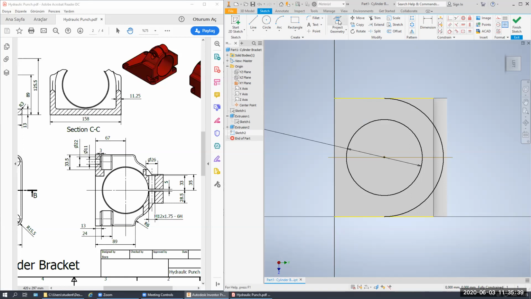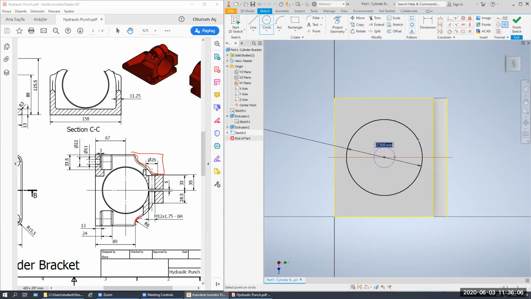The next thing, I will just create the project geometry to just create a closed loop. As you see, we have closed loop here. For here, we have some fillets. I'm not going to define that fillet in this section. For here, I will just delete this line again. So